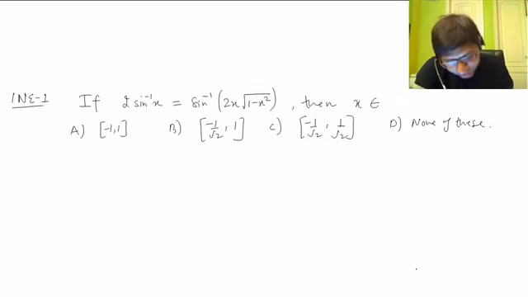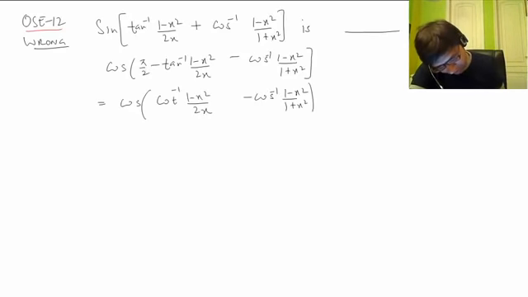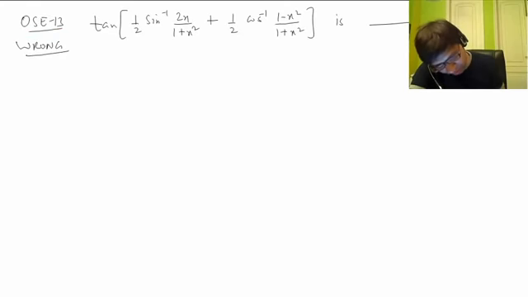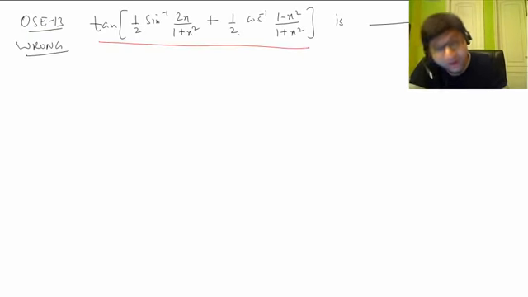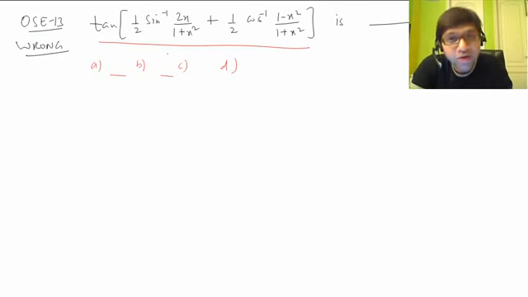Now this is a similar kind of question. If 2 sin inverse x equals, we'll come to this later, we'll finish this. Yeah, see, these are two questions, for example, the OSC 13 question. I'm not going to solve this question because we already did that, or rather this question is wrong. If you look at this question, in the choices there were no intervals given. The question is to find the simplified value of this, whereas the simplified value depends upon the values of x, the interval. Just in the last question we have seen, the simplified value will depend upon what intervals are there, and in the question intervals are not there, values of x are not there. So that's why this question is wrong.